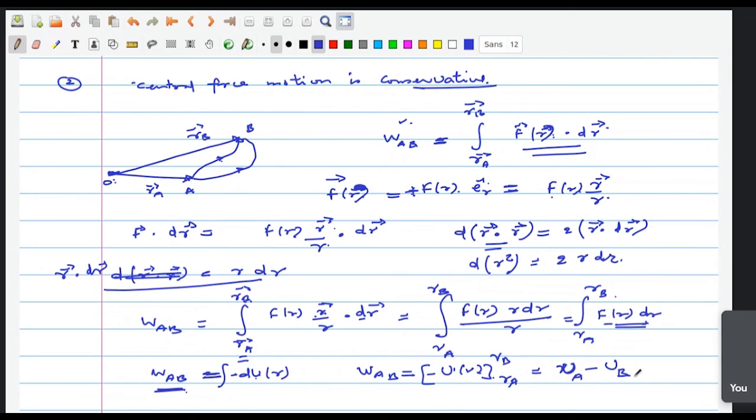Now the same thing we can also work in terms of the kinetic energy. So Fr dr we can express in terms of the velocity change. We will do it next time, and then we will show that the total energy of the system is conserved. Total energy here consists of the kinetic energy and the potential energy. So this is the potential energy change in going from point A to point B, and then what is the kinetic energy change, and then we equate. So we leave the rest of the things to next time.